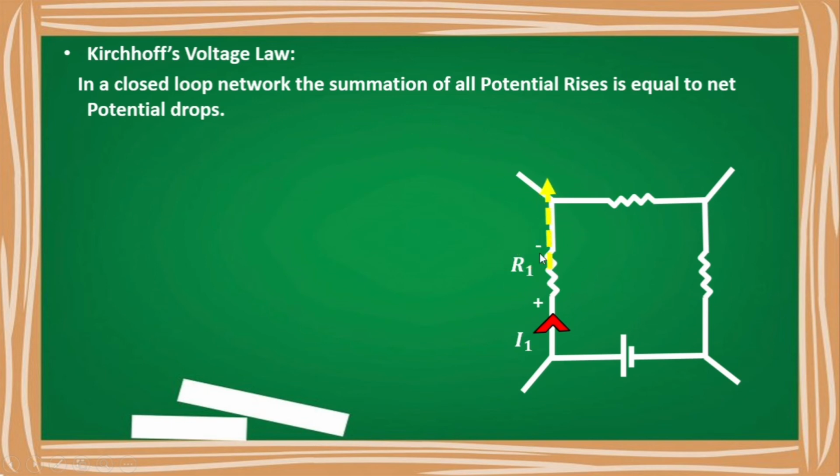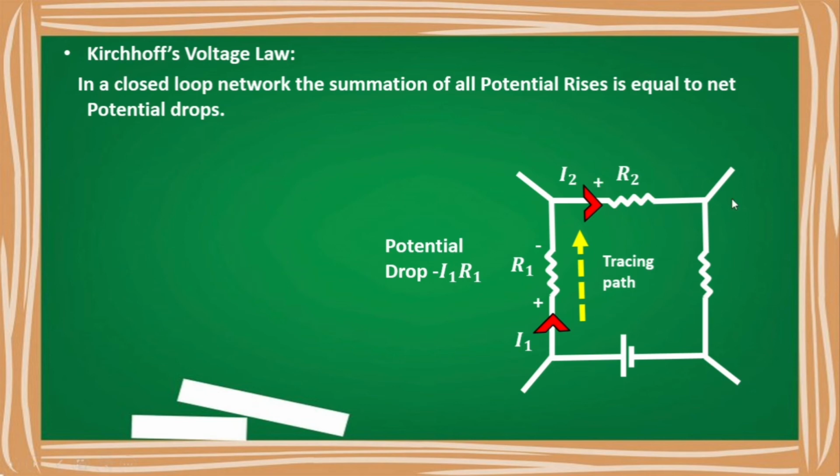Let us see further. This is my tracing path. If this is my tracing path, then I'll be traveling from the higher potential to the lower potential, obviously. So this will be a voltage drop. Similarly, let us consider the branch with resistance R2. Here you have the current flowing from the left hand side to the right hand side. Let us say this is the plus. Why? Because the current is entering from here, so plus sign would be here and negative sign would be here.